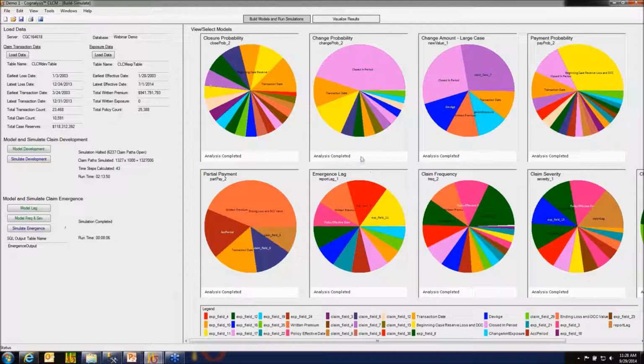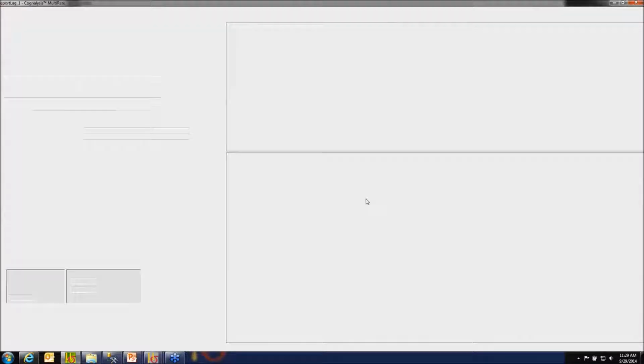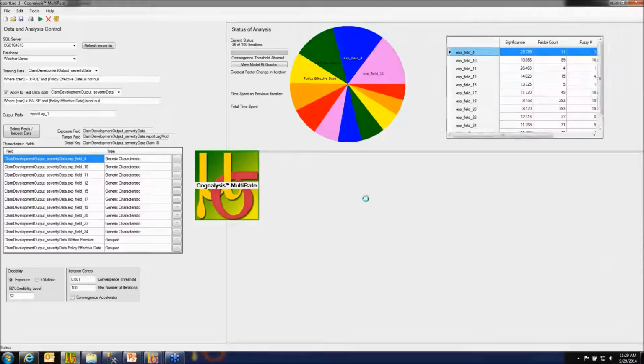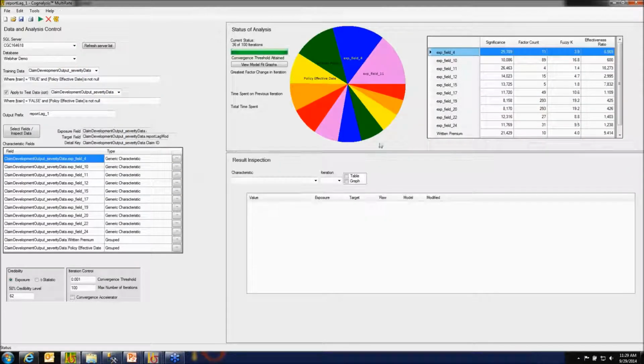So we've got, in addition to the models that have already been run, we now have emergence lag, claim frequency, claim severity. I'm going to open up this emergence lag model. All right, and so we've got a number of fields that were found to be predictive of the lag, of the report lag. So here's experience field, or exposure field 11, I should say, and we've got a factor of 1.235 if this particular field has a value of B, meaning that the lag is 20% longer on average for